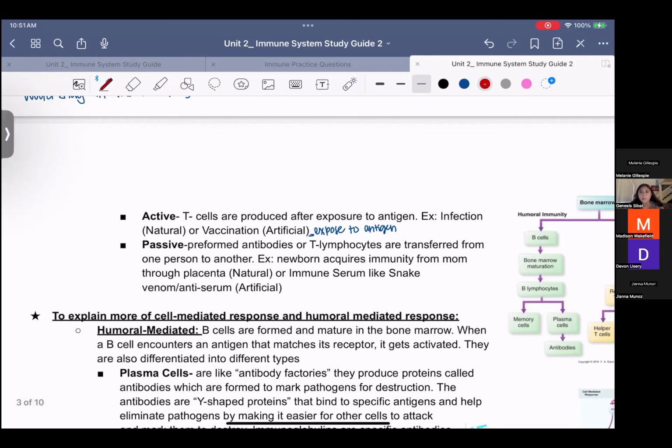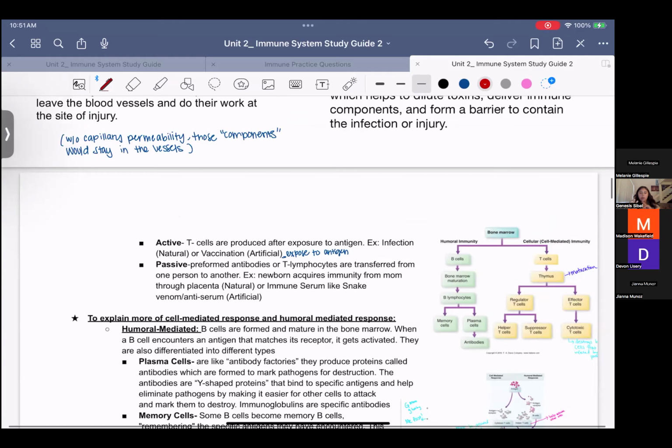and they help protect against any type of infectious disease that you might come across, right? So they just expose you to an antigen. So active for antigen, infection more natural, the vaccinations more